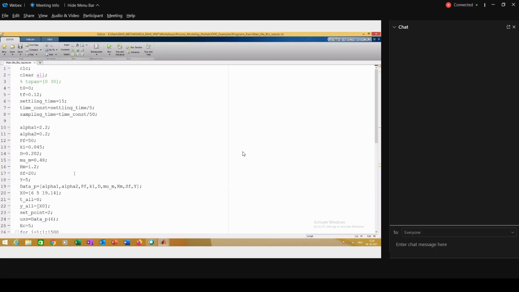So the first way is that if there is equipment available, and the operating engineer allows us to perturb the system, we will perturb it, get the input-output data, then fit the model and design the controllers. That is one way. If the system is not available, then we need to have the model.